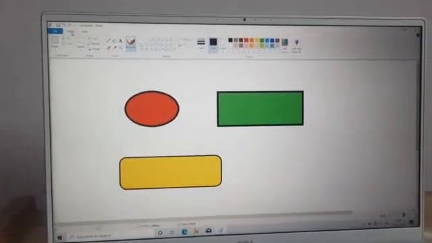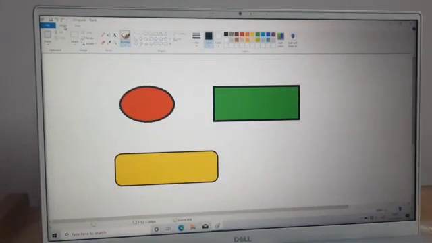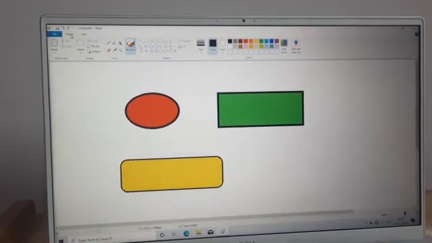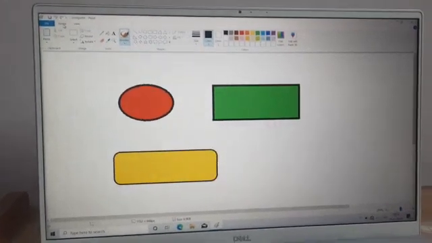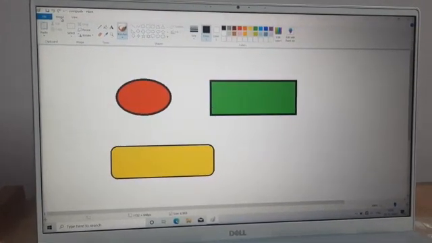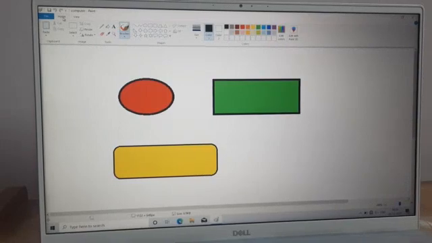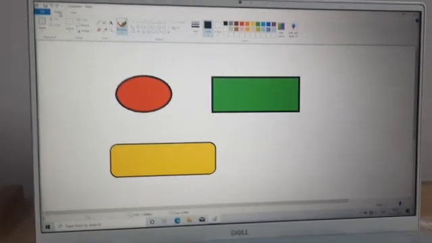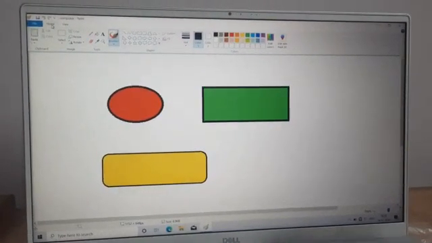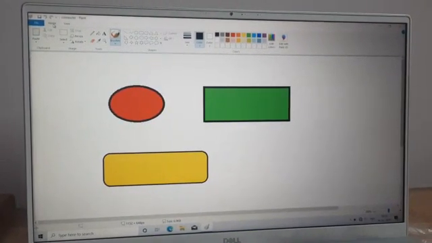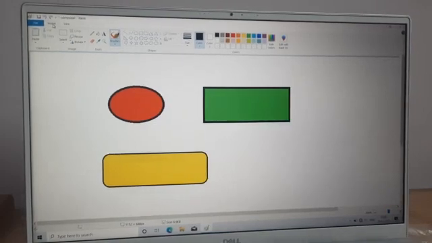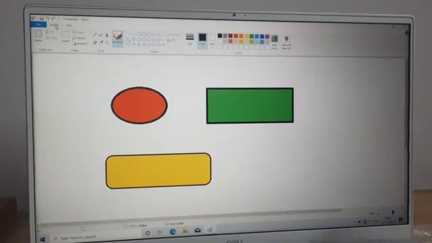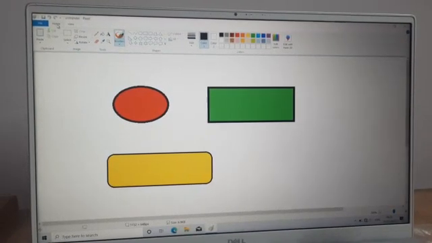See, so this is your file. So there are very simple 4 steps to open your drawing, or 4 steps to save your drawing. All right, very easy, very simple. And children, one very important thing: with the help of the keyboard also you can save or open your drawing. There are some shortcuts. By using those shortcuts, you can save or open your drawing. All right, and what are those shortcuts?